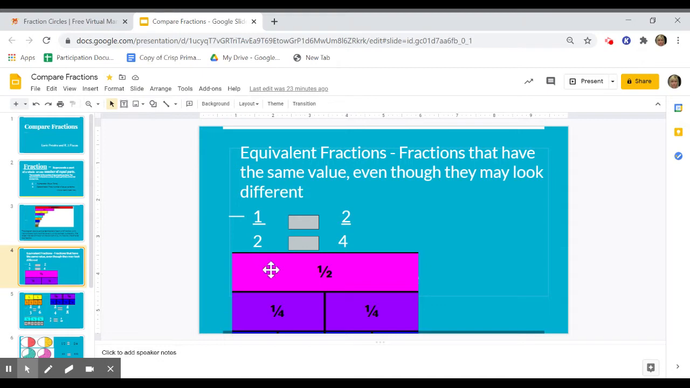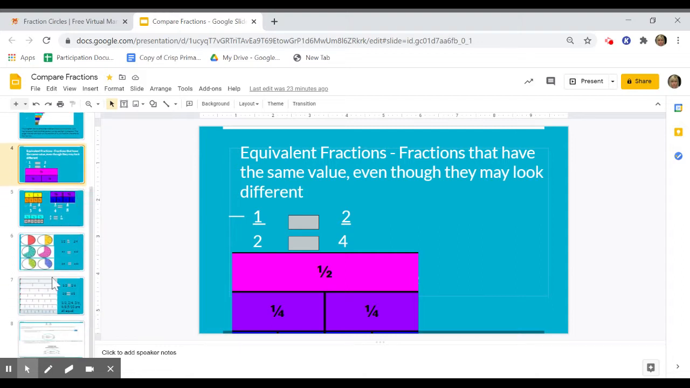Like 1/2, here's a 1/2 fractional bar. And how many fourths would be equal to 1/2? It would be 2/4. Today, we're going to be talking about dividing our circles, because you also can use circles